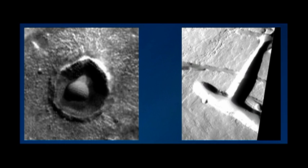I sent him the links, and then he wrote back to me, and he said, "These 2 images from the surface of Mars are certainly puzzling and have been floating around UFO web pages for some time. I am sorry, but I do not believe in big conspiracy theories and that the government is trying to hide something from us concerning Mars or any other planet." But that wasn't the question I asked him. You weren't even suggesting there was a conspiracy. Not at all. You're just asking him to explain some of the geology of Mars. Simple question. Right, exactly. And so, he said a few other sort of platitudes,